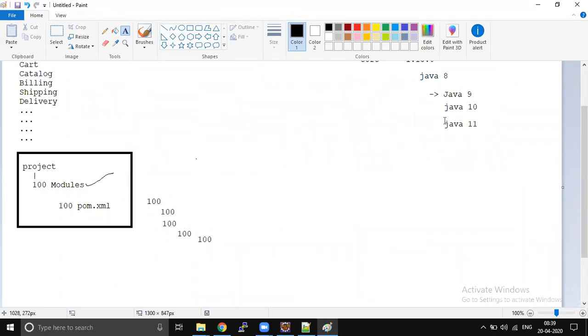There is some kind of customization you can do in your pom.xml file, but for that you have to write lots of code. You have to learn a lot of Maven features, spend a lot of time, and recruit one Maven expert in your project. And if all of a sudden he left the company, then we are creating some kind of dependency. We can't easily handle these kinds of scenarios.